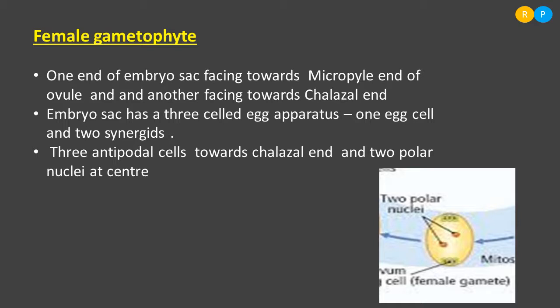And the remaining two nuclei are present as they are at the center. They are named what? Polar nuclei. Understood? So the matured female gametophyte in the angiosperm consists of 8 nuclei and 7 cells, because the centrally located 2 nuclei do not have their own membrane. Understood? So the membrane of the female gametophyte acts as the membrane of the polar nuclei. So the mature embryo sac consists of 8 nuclei and 7 cells.